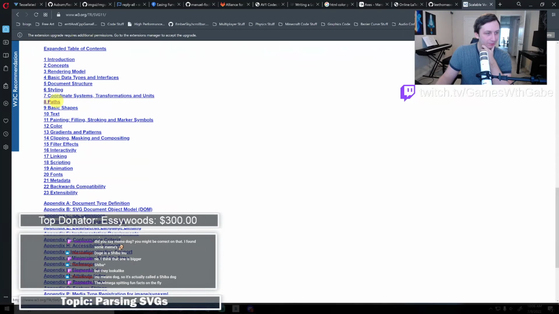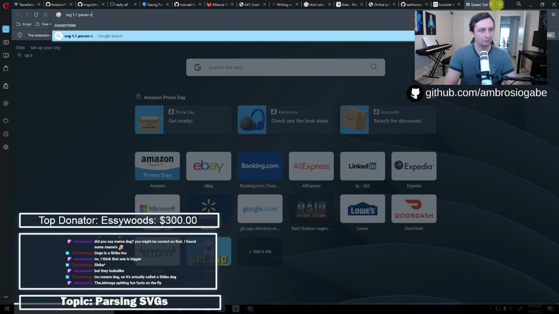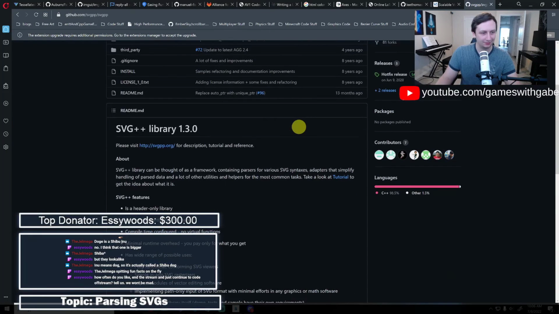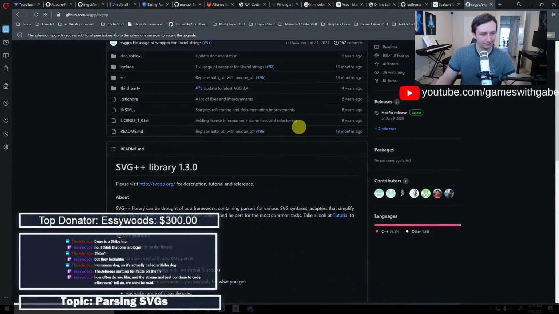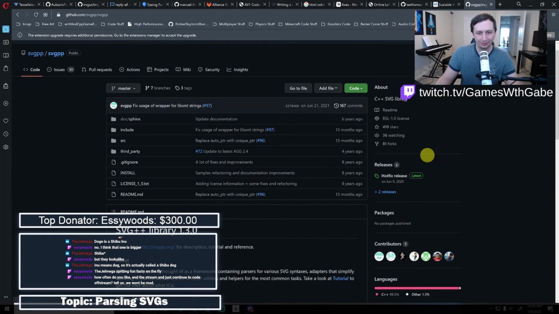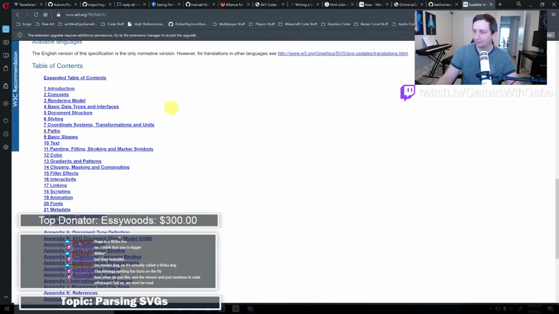Okay, so we've got paths, which is what we were on. Rendering model, basic data types, interfaces, structure, styling. And I bet you I could probably, yeah, I could totally just use this. Maybe. I don't know. I might switch eventually. But for now, it's fine doing it on my own. It's not that big of a deal. Okay, we might switch later.